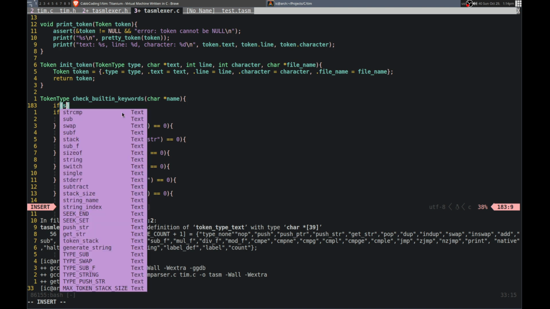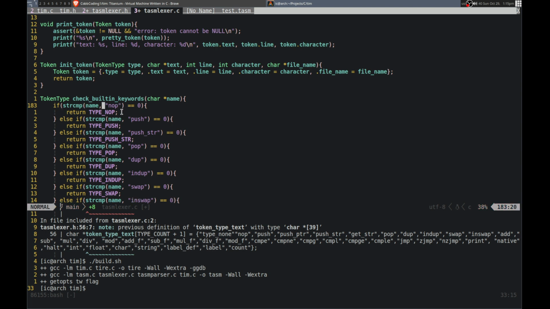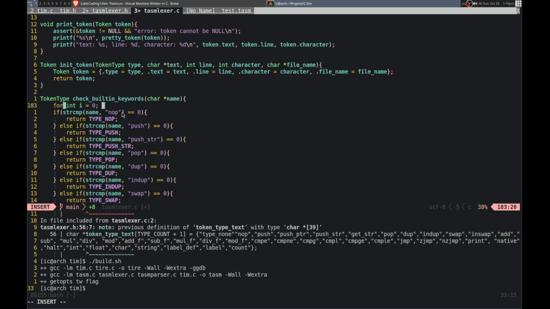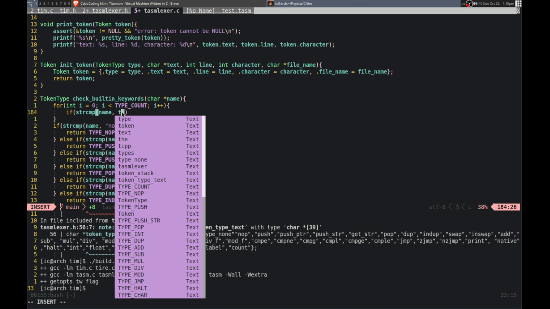So basically, if name is the same as shoot, actually, because we don't have that, do we? The token, the index of the token. So yeah, that might not work. Well, we can use a for loop for this. Less than count. If name is the same as type,